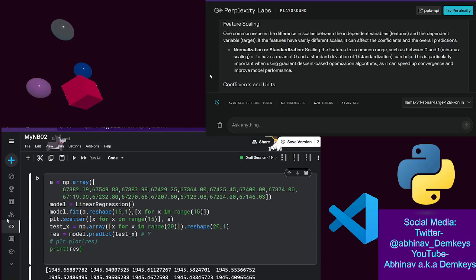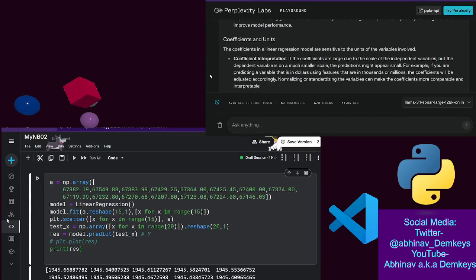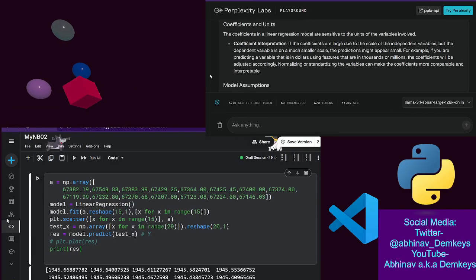This is particularly important when using gradient descent based optimization algorithms, as it can speed up the convergence and improve model performance. Okay, coefficients and units. The coefficients in linear regression models are sensitive to the units of the variables involved. Coefficient interpretation. If the coefficients are large due to the scale of the independent variables,